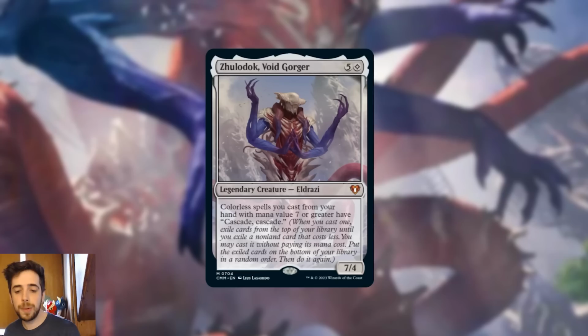It says when you cast one, exile cards from the top of your library until you exile a nonland card that costs less mana value. You may cast it without paying its mana cost. Put the other cards that were exiled on the bottom of your library in a random order, then do this process again. So this precon is going to be focusing on colorless Eldrazi, which is going to be a first